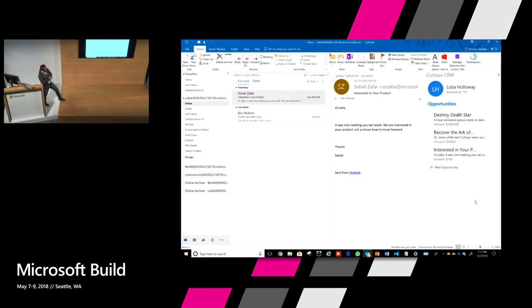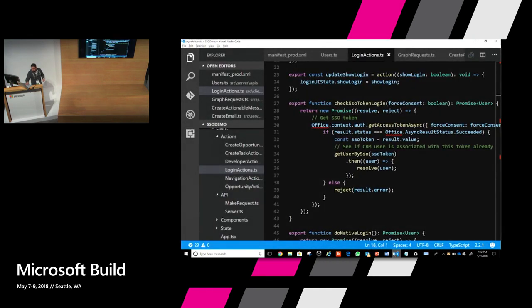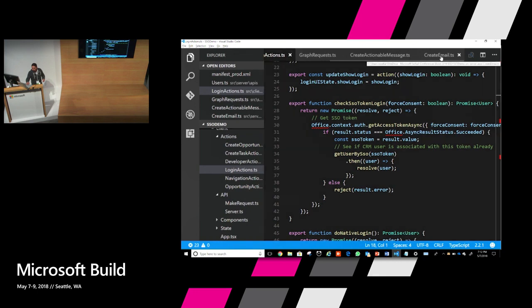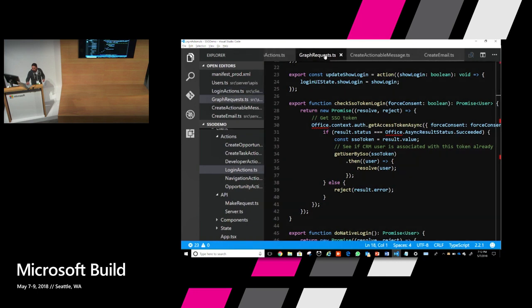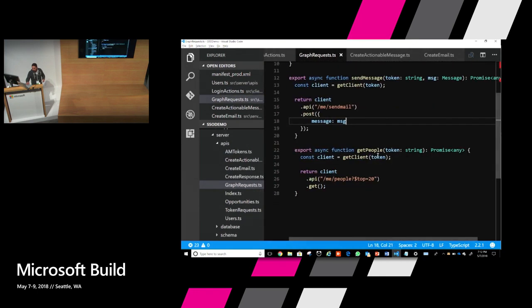Now, as she has created this opportunity, a notification was generated and sent to Ben. And this, again, is done through the Graph API. Since they have the Graph access token already, it just used the Graph API to send the message.